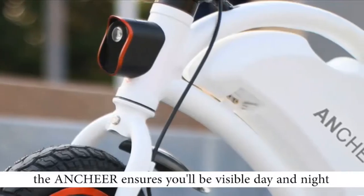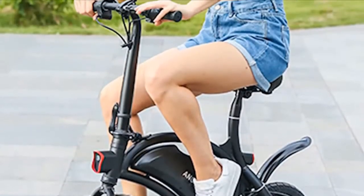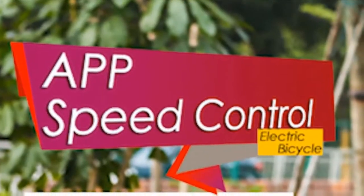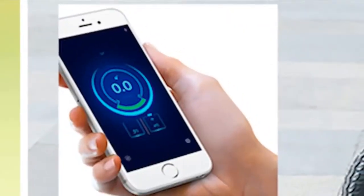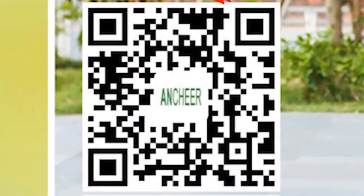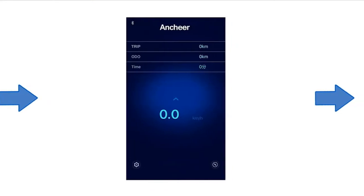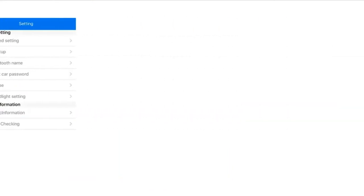It supports IPX5 waterproofing, fully protected against solid objects and splashing of water from any angle. The anti-slip tire improves road access and comfort. Its folding design allows you to easily store and transport your bike. If you plan to put your e-bike in a car trunk or you plan to carry it onto the bus or train, then a sheer folding e-bike is